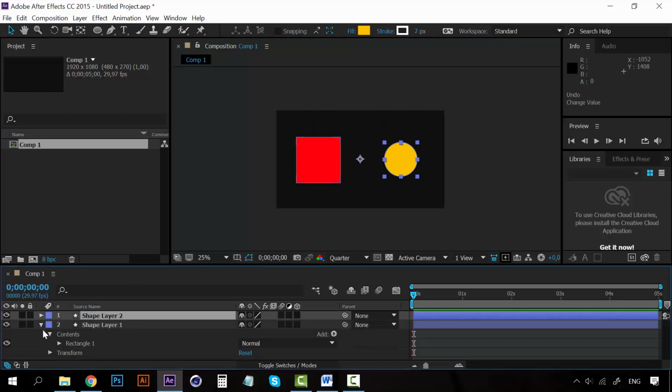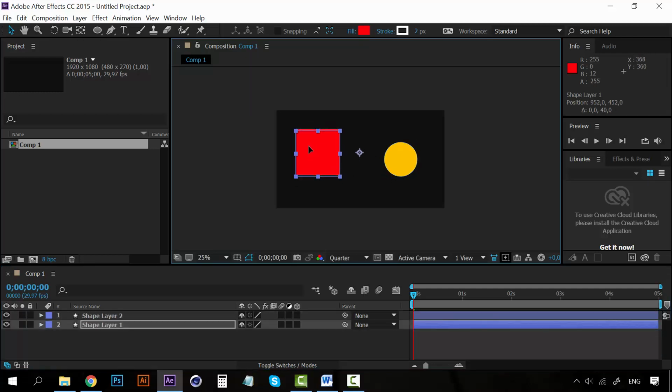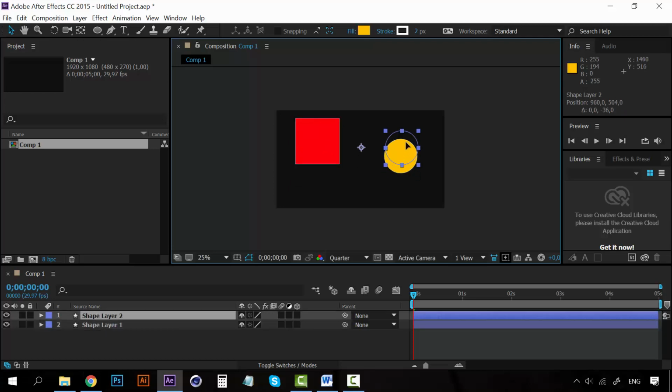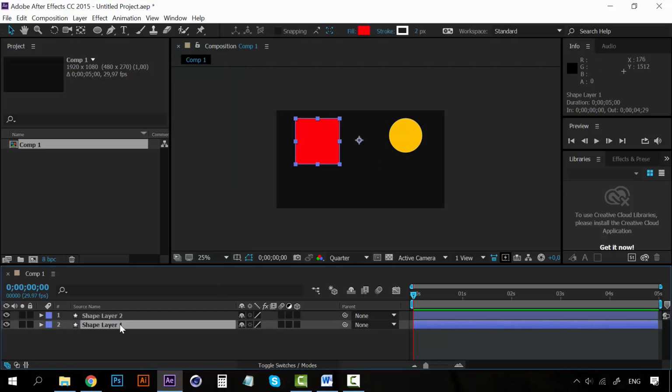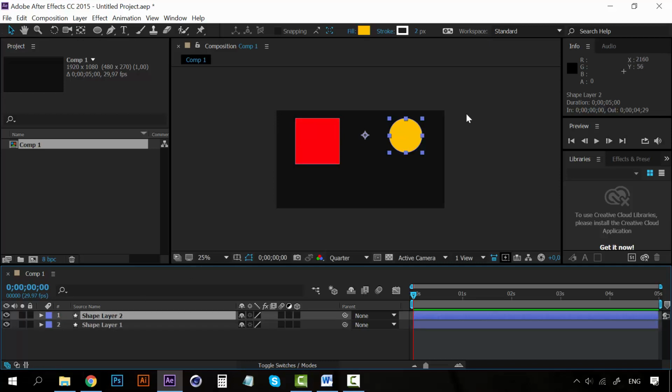So what if I want these two to move along? What if, when I move this square, the circle moves along with it? That's when layer parenting works. They both are here on the top. I want that when I move this square, this circle moves too. So I'm going to take the circle shape,